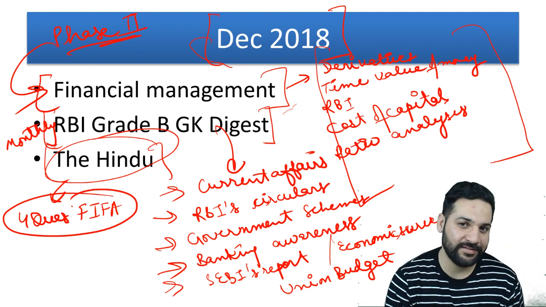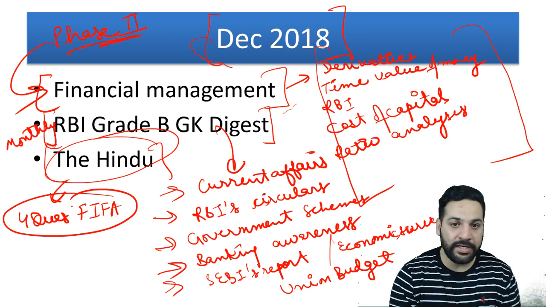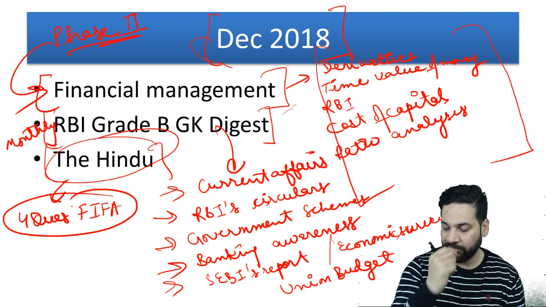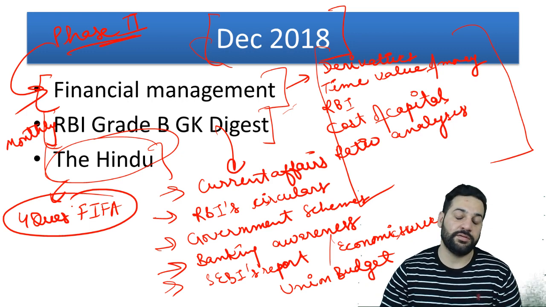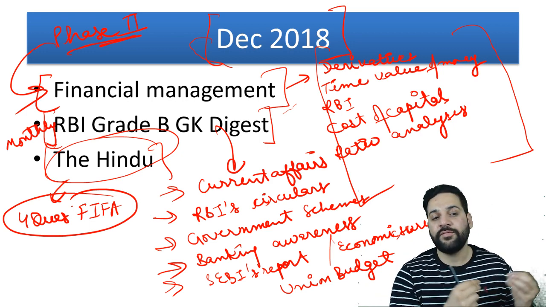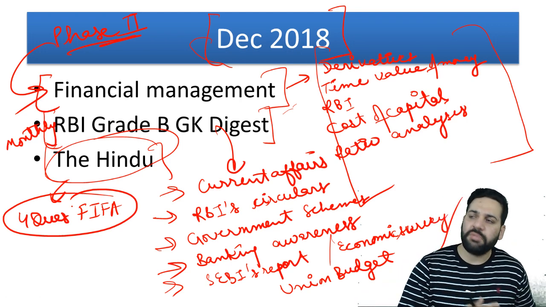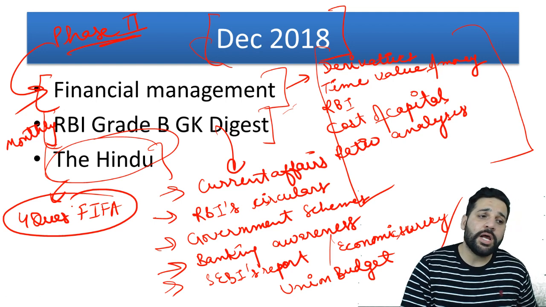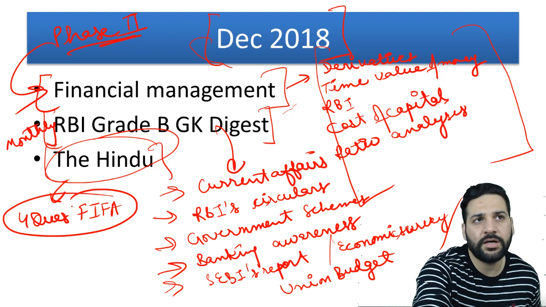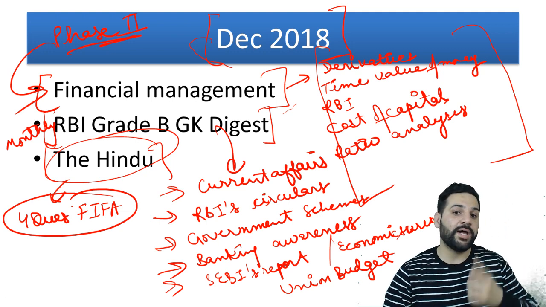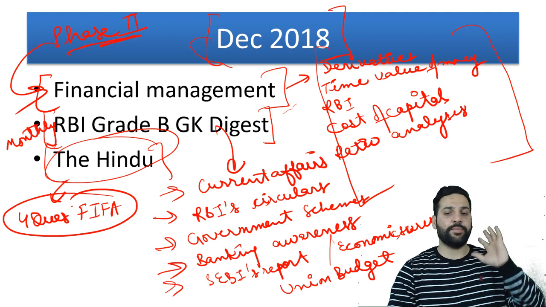Isn't it amazing? And most probably, if you are reading a newspaper, if you are giving 30-40 minutes every day, you are going to read about FIFA, because you are going to read about a lot of new topics. Most probably, if you are following a current affairs website, including ours, you are going to miss some of the important topics, some of the important points. I don't want you to make that mistake. A newspaper is really, really important.